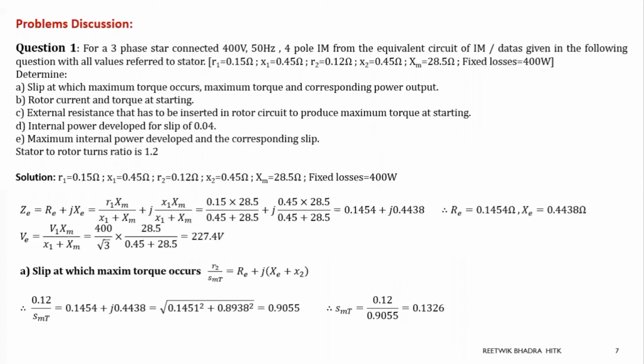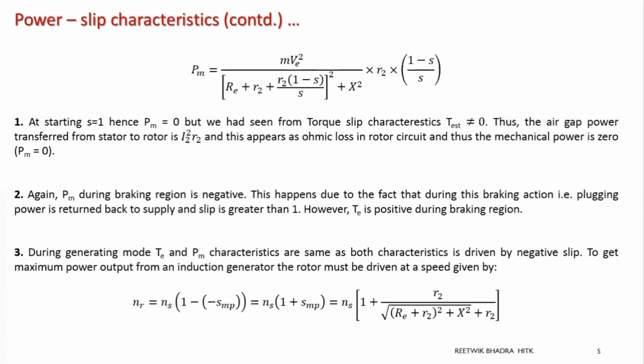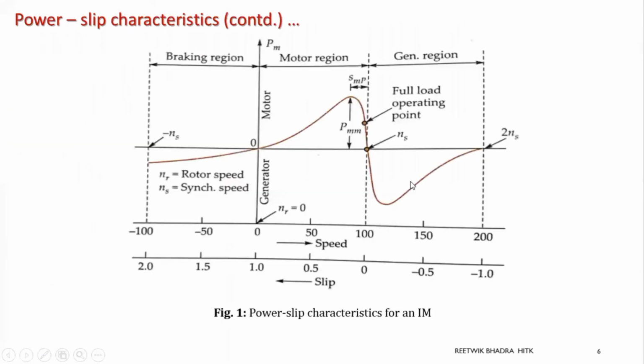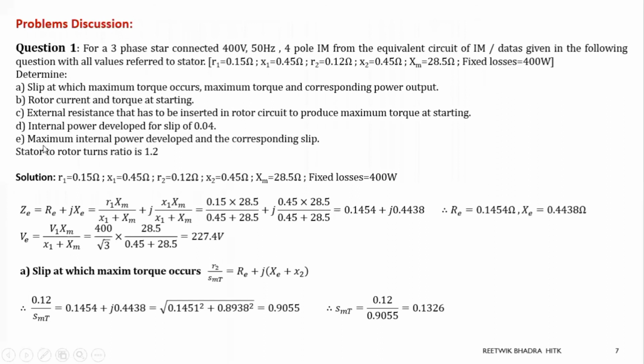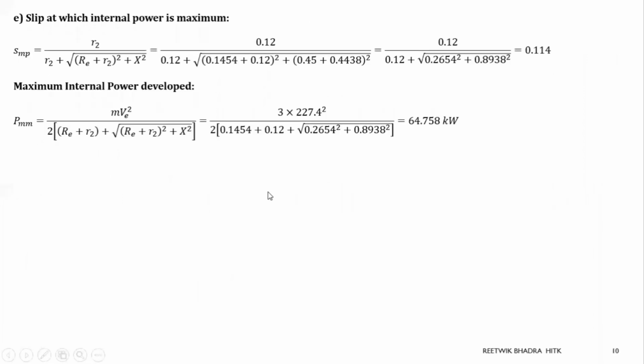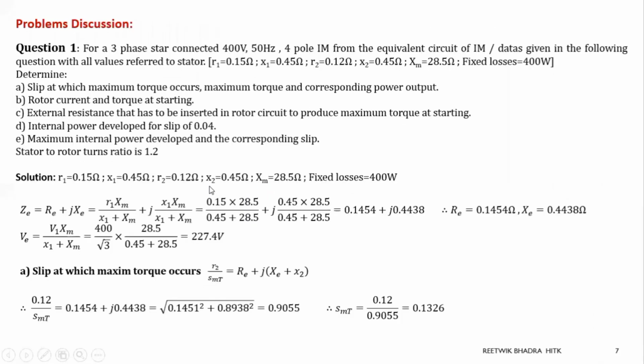Sorry. This was the maximum power developed at SMT, right? SMP was the slip that we calculated, and we calculated our maximum power at this point. But in the question over here, please don't get confused. If maximum power is given over here, then you would have calculated at that point. You have found SMP and found it at that point. Which question am I solving? Sorry, I'm solving D.